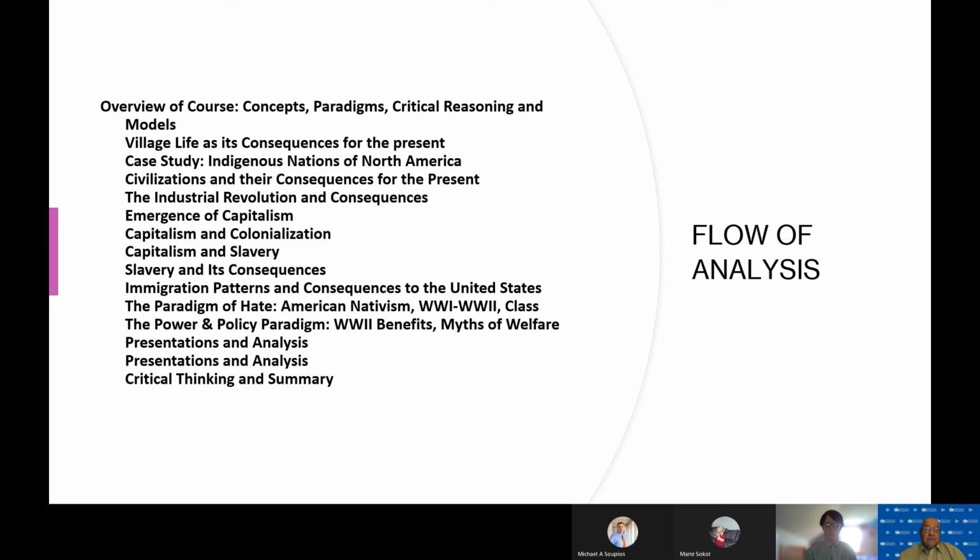Capitalism and wealth building through the institution of slavery. We look at the long-term consequences of the enslavement of a group of people, perhaps of African descent, for well over 300 years, and the long-term consequences for that type of behavior. Then we will look at the immigration patterns of various groups coming through the nation. We then will be able to develop a paradigm and a model for what would appear to be